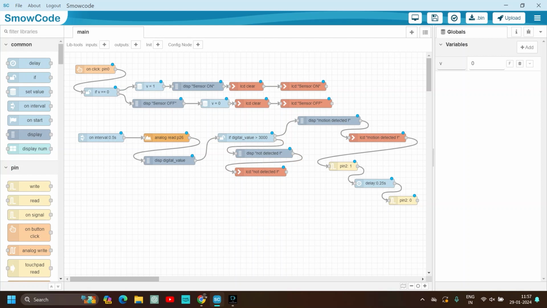Please let's check the code again. On click pin number 0, right? If v is equal to 1, display LCD clear, LCD sensor on, and the else node, display sensor off, v is equal to 0, LCD clear, LCD sensor off, and then checking the analog read motion sensor on interval 0.5 seconds,